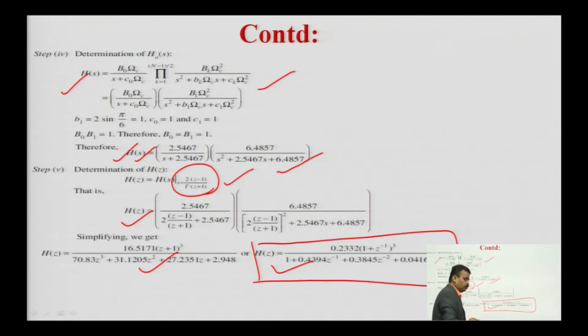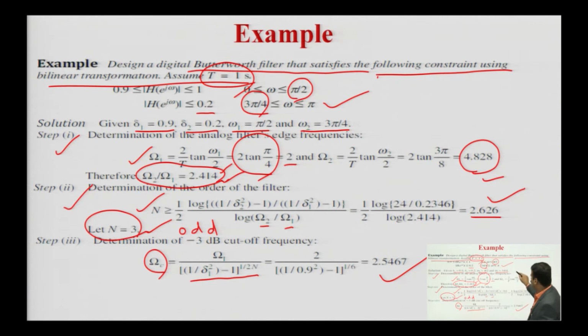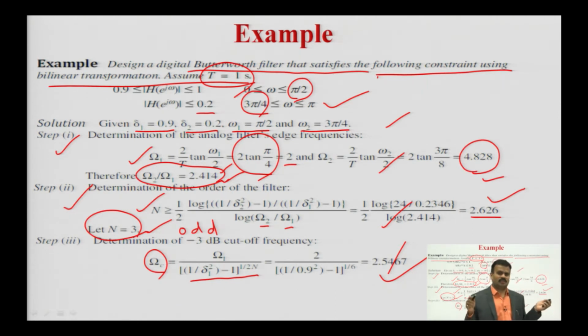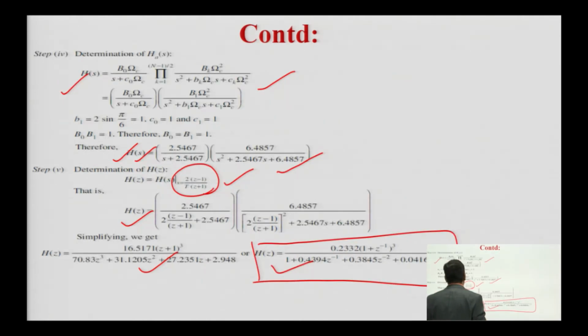So, what I am telling you? I am telling you, you can design your digital Butterworth filter by this method also, but initially you have to determine these 3 parameters, these 3 steps everywhere. Every time you have to determine these 3 parameters from these formulas. After that, you can adopt by that method that I discussed in my previous video lecture, lecture number 13, or in this lecture that I am telling you now. This one. See, here your n is odd, then you can use the formula of H(s) is equal to this one, and after that your process is simple.